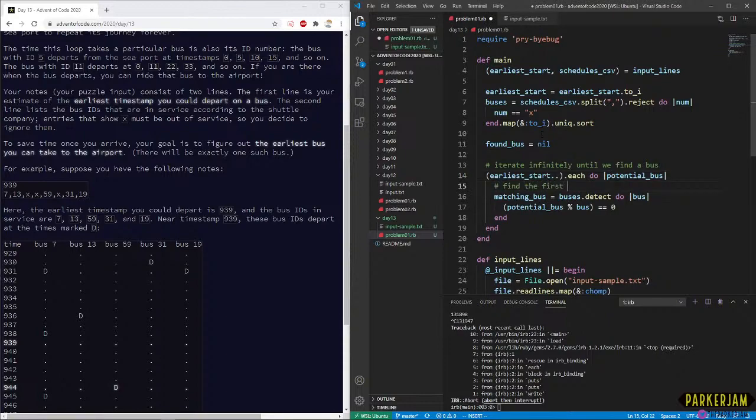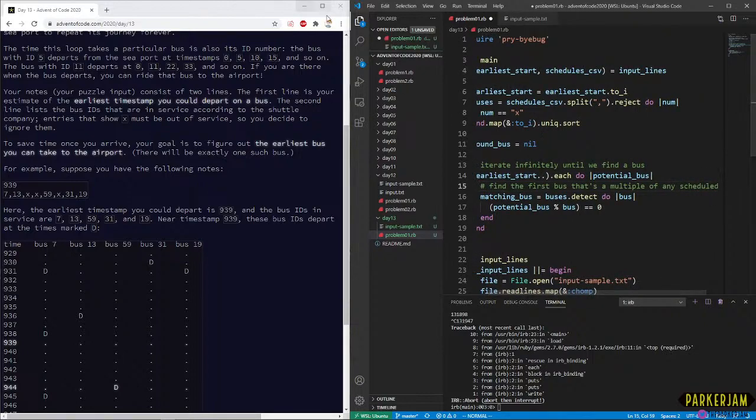Find the first bus that's a multiple of any scheduled buses. Let's get rid of that.